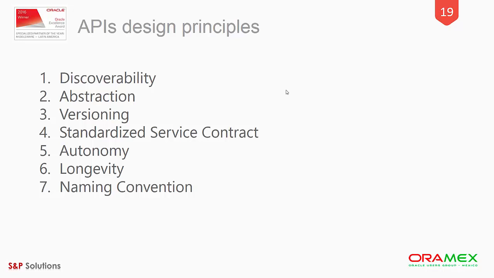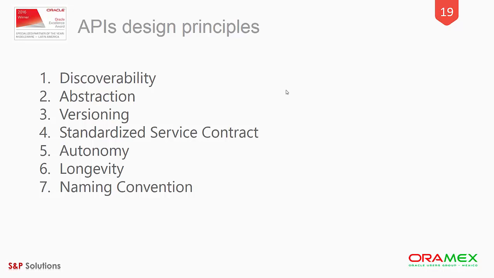Abstraction, we don't want the consumers to know how we built our APIs. Our APIs need to be published for the external world, but we don't need to reveal that we are using a specific API gateway, or a service bus because we are reusing a service that we already had in place, or a specific database or programming language. We don't need to reveal any of that, and because of security reasons, it is also a good recommendation to avoid that. We need to have a good versioning strategy for our APIs, a standardized service